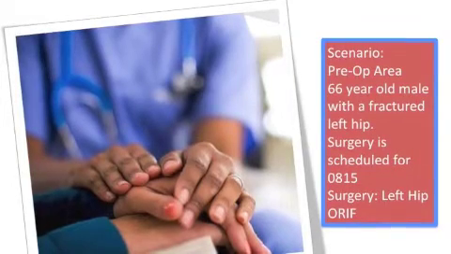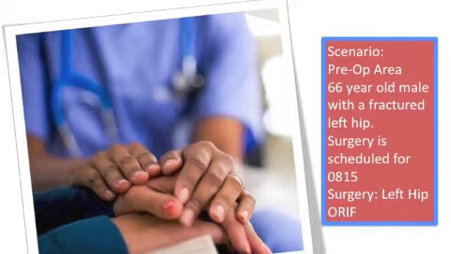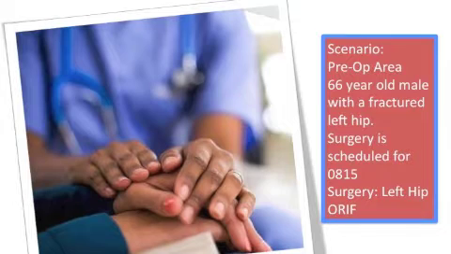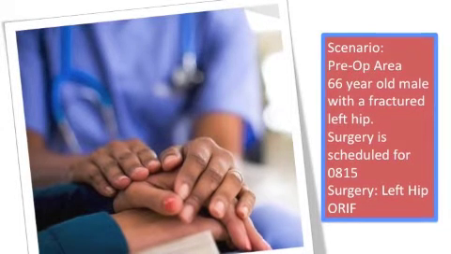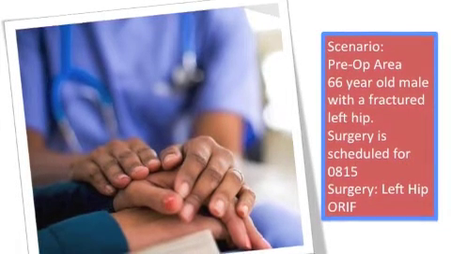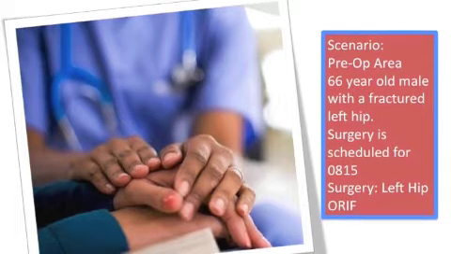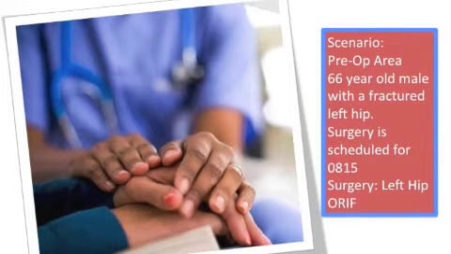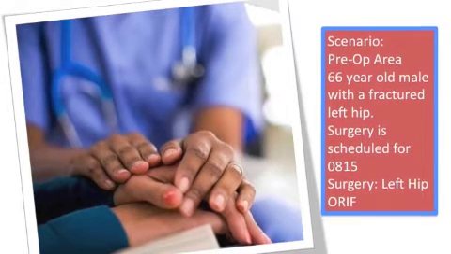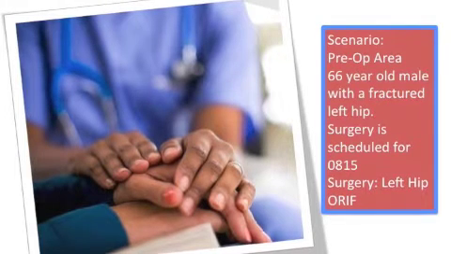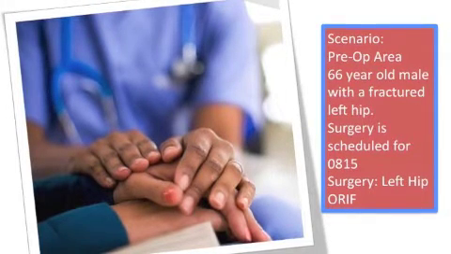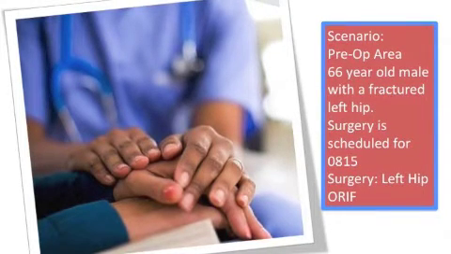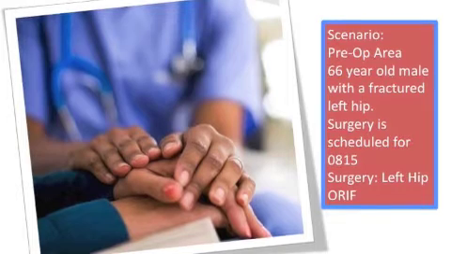Let's take a scenario where you are the nurse in the pre-op area. Your patient is 66 years old. He is a male with a fractured left hip. Surgery is scheduled for 8:15 and the surgery is a left hip ORIF. So upon assessment, we're going to ask him what his name is, verify it with the chart, verify it with another form of identification such as his wristband, and make sure that we have the right patient for the right surgery. We're also going to ask the patient what type of surgery they're having. We're going to ask him what kind of allergies he has, last time he ate or drank, last time he went to the bathroom,